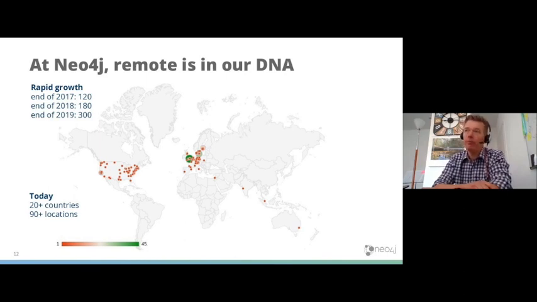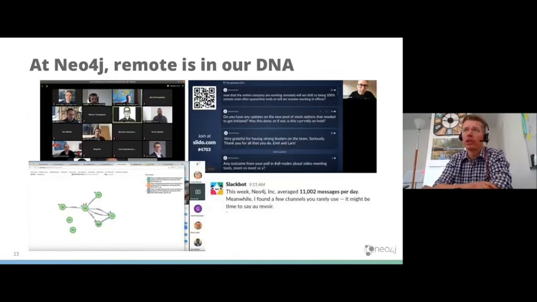I would say the Malmo and the London office are probably the biggest ones. We have no more than 50 people in either of those offices, which gives a wide spread of employees across the globe. Combine that with rapid growth, and you have a situation where people need to get to know each other, need to be able to connect. You need to figure out who's the new guy that joined, and what it is that this guy knows.